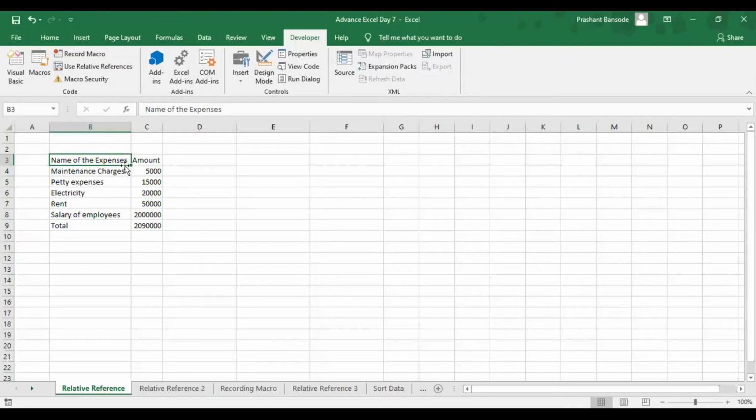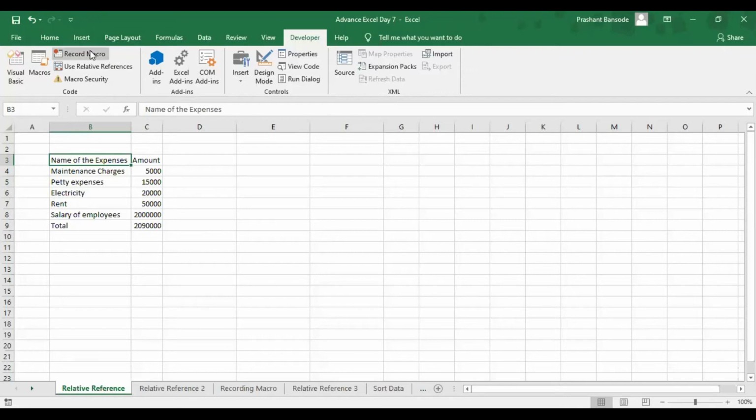Now what we are going to do first is simply apply a normal macro. Okay, a normal macro, and then we are going to see how we can apply the same style in a different sheet as well. So first we are just going to apply a simple macro, and then we are going to do a kind of relative referencing of macros. Now first I'll click on this cell. Everyone please be on this cell.